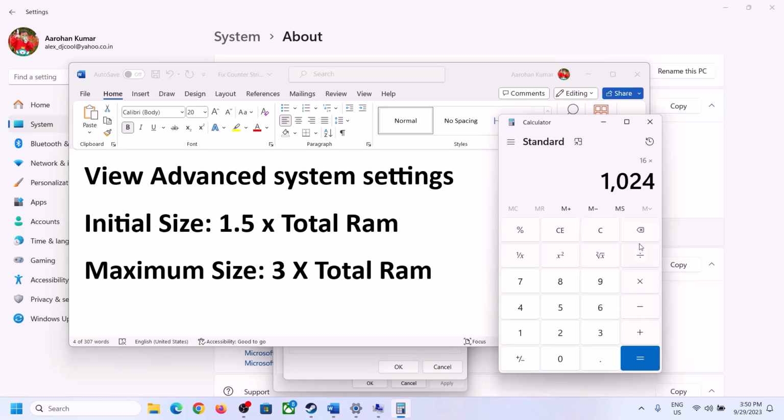So 16 GB in megabytes is 16384. This is my total RAM in megabytes. Now 1.5 times total RAM, that is into 1.5. So in my case initial size is